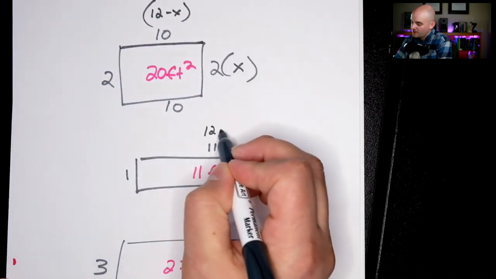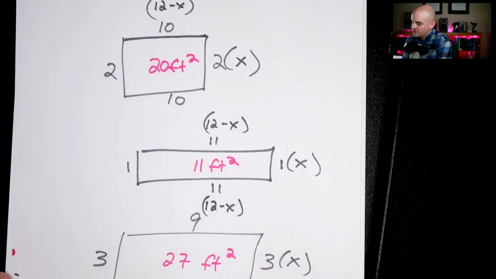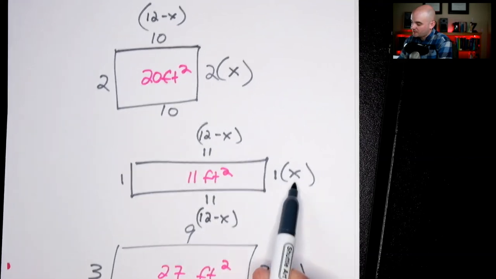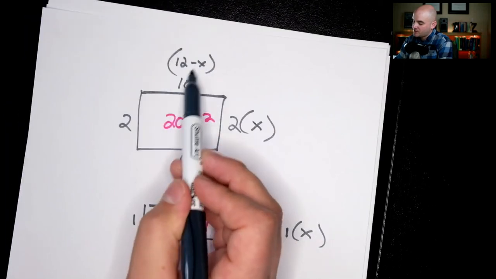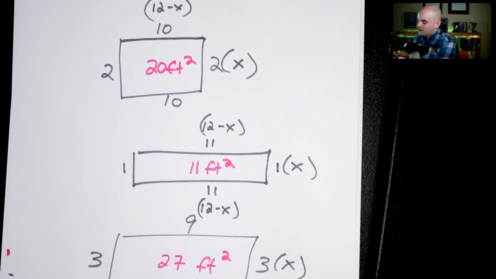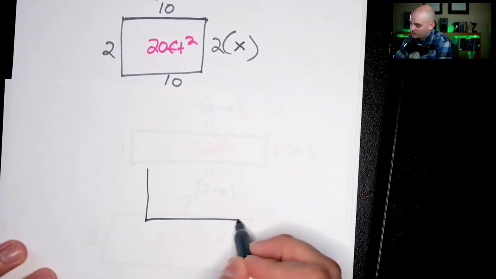Notice, does that work over here? 12 minus x, 12 minus x. Does that all work? Well, x is 3, 12 minus 3 is 9. X is 1, 12 minus 1 is 11. X is 2, 12 minus 2 is 10. So yeah, that works. Let's now write it out a little more clearly just by going to a blank rectangle